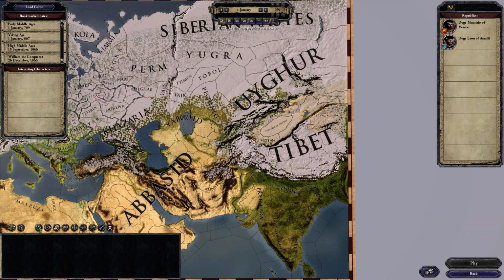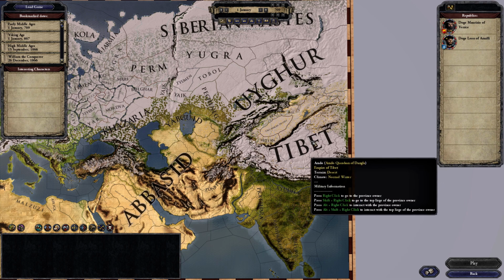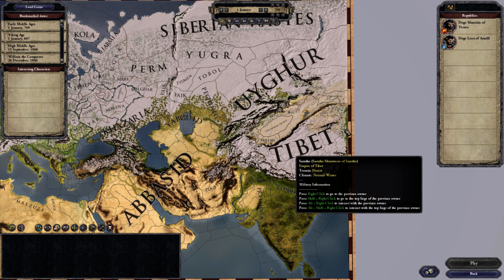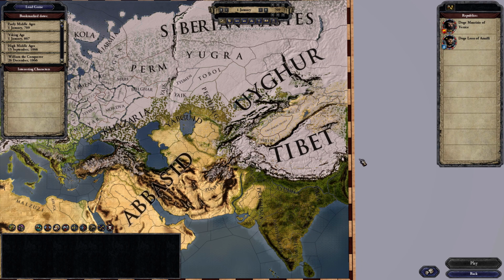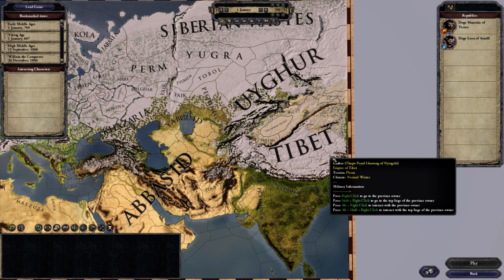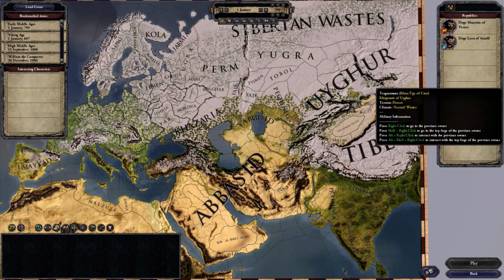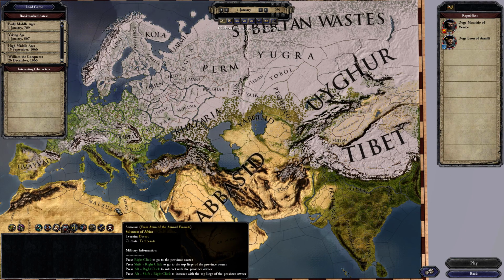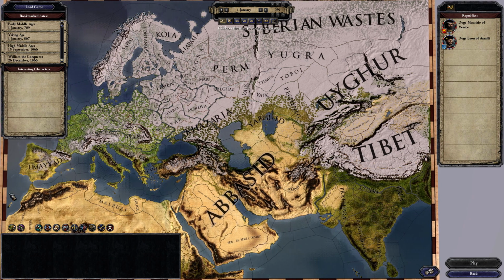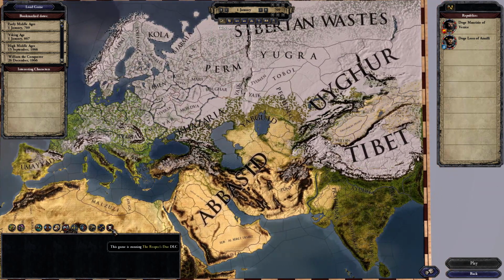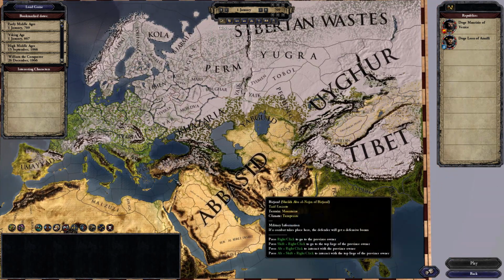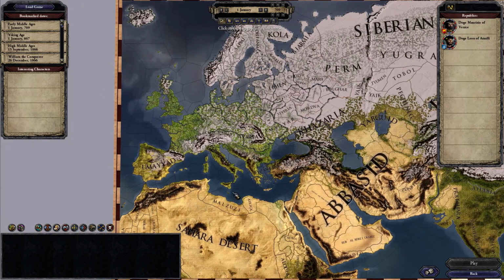And also, since the last content update, there's Tibet. China is not on the map. China is interacting with the map, though probably not in my let's play, because I don't have that DLC yet. I plan on getting it, but